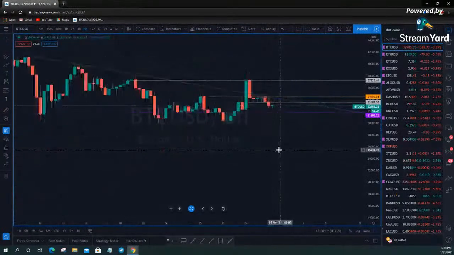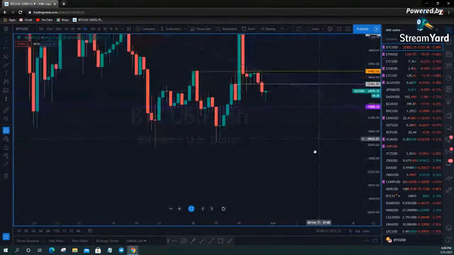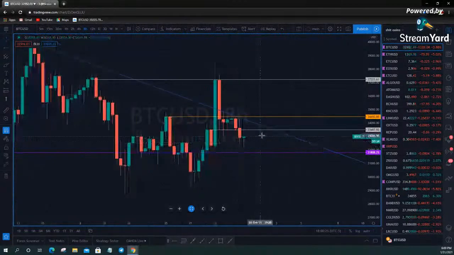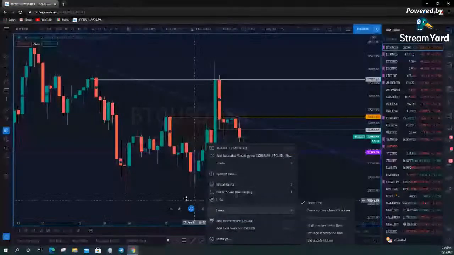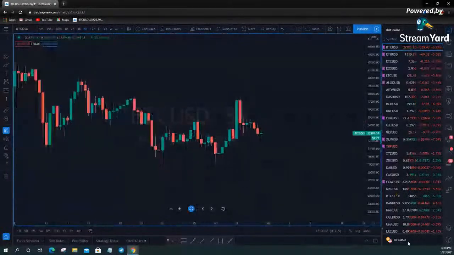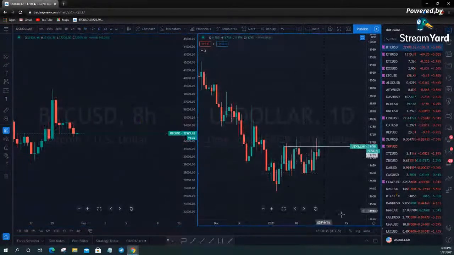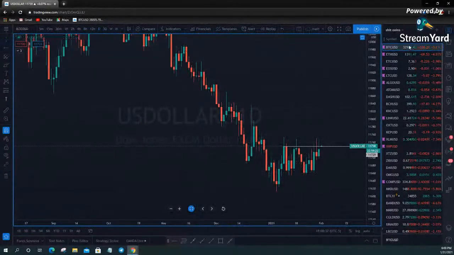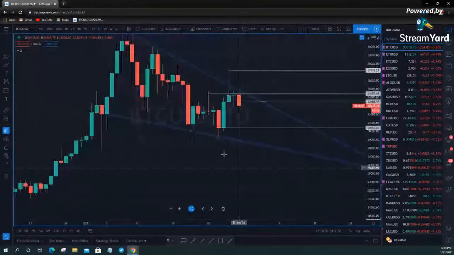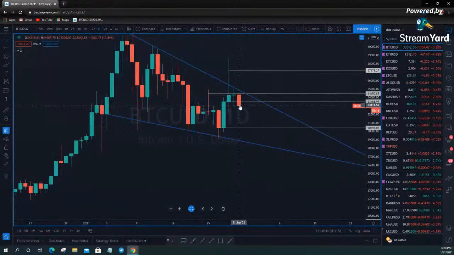Bitcoin did exactly what I did not want it to do this morning. I woke up and I saw that. Didn't like that at all. What is all this nonsense? I haven't seen this chart. Oh, I'm on the wrong chart. Here we go. That's the right chart. Yeah, it still looks strong to me.